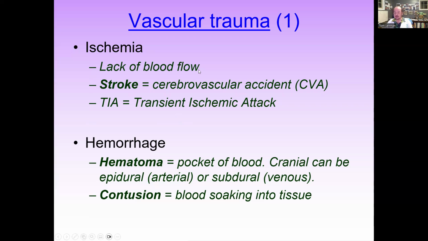Now ischemia is lack of blood flow, so that's usually our obstruction, our embolism, for example. Hemorrhage is bleeding. And so if we've burst open an aneurysm or if we've had a blood vessel tear apart, we're going to bleed. Bleeding in an enclosed space like the skull could lead to either a hematoma or a contusion. A hematoma is a pocket of blood. That's where blood is flowing into spaces between organs, and it's going to start creating a space-filling lesion. The brain's very soft and spongy. Blood in that area is going to start pushing on that brain, squeezing it down like a sponge, preventing good oxygenation of the tissues. Want to reverse that as quick as possible.